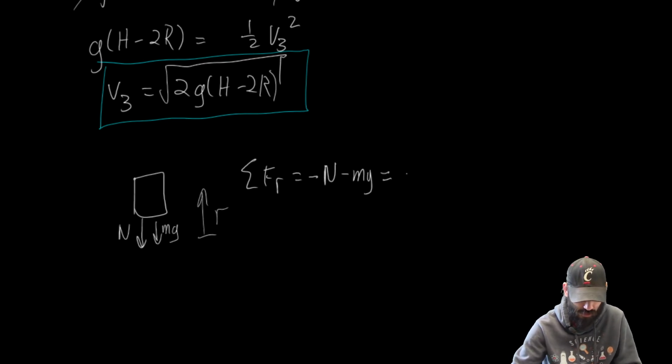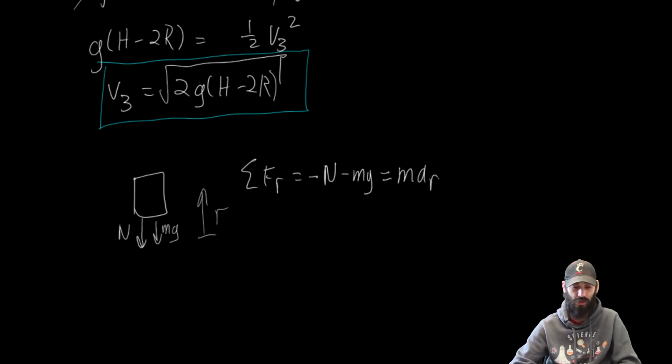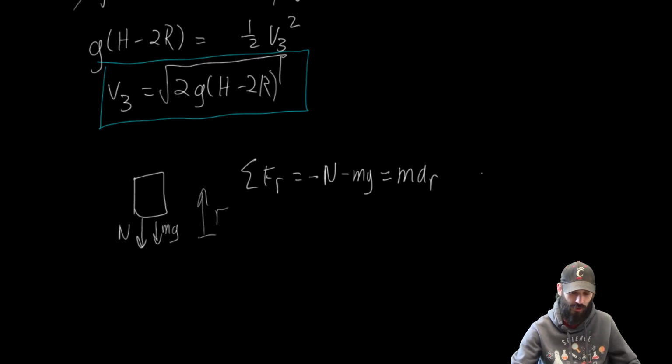And this is going to be equal to m times the acceleration in the radial direction, okay? But we want to parameterize this in terms of velocity, and we remember from our analysis previously when we did circular motion that the acceleration in the radial direction can be written as minus v squared divided by r,